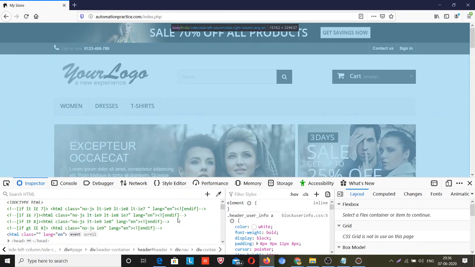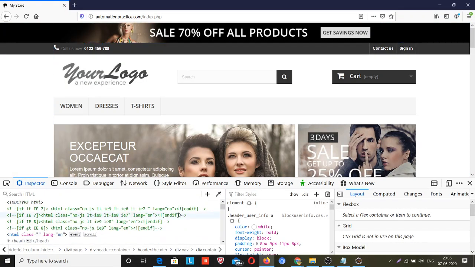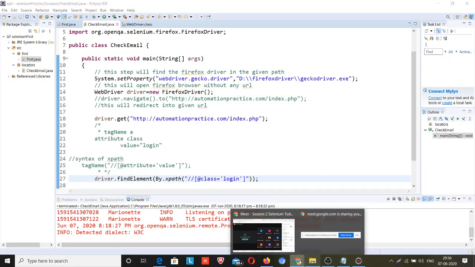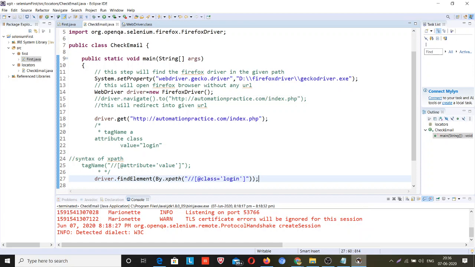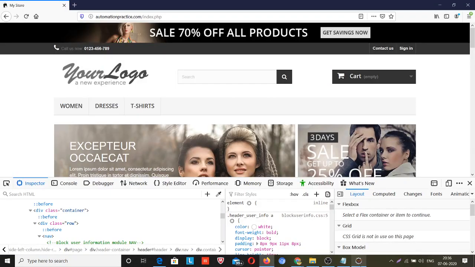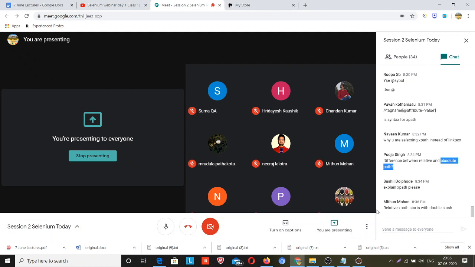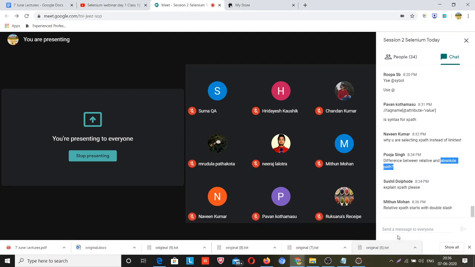You need to locate this element from there. Suppose my hometown is Kanpur, and if I want to go to Kanpur, then I will go to the station, and then I will catch a train, and then I will go to the Kanpur station.